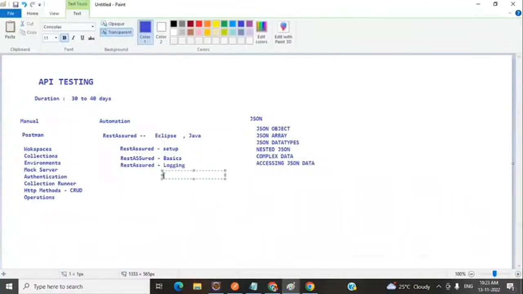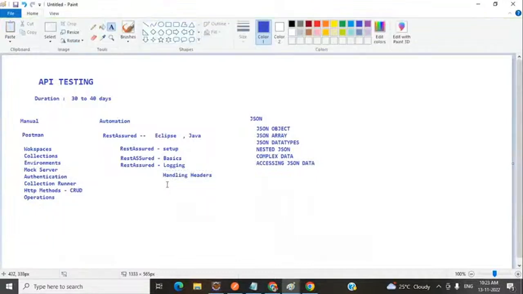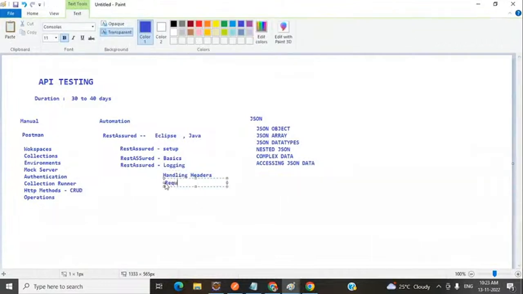Then handling headers, something called a request specification, and a response specification. After covering this request specification and response specification,